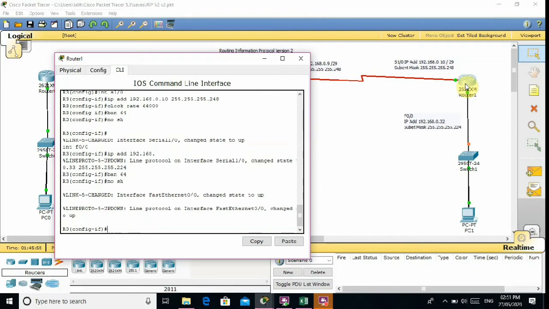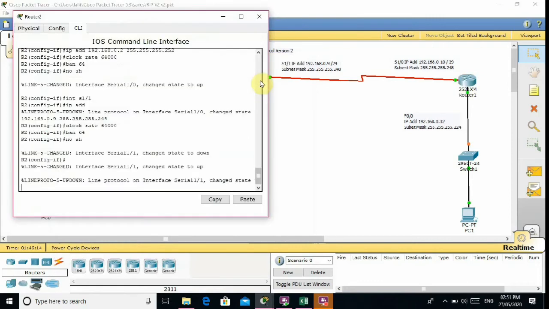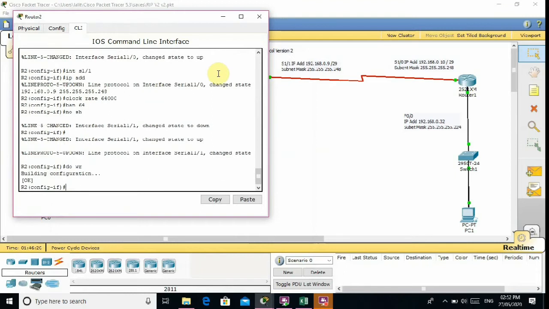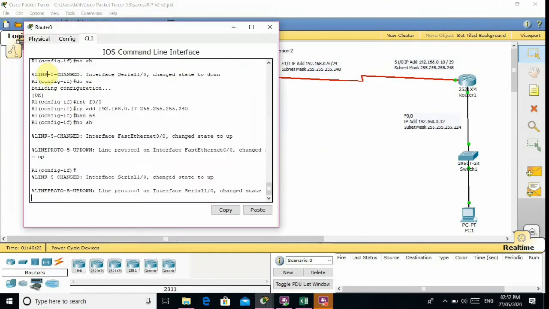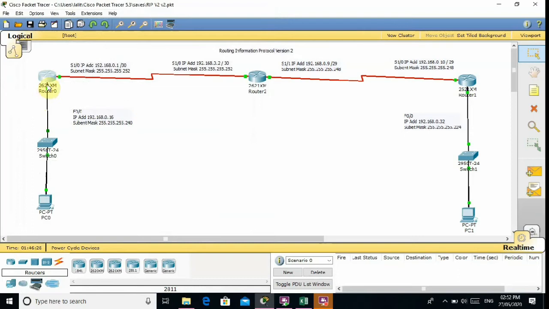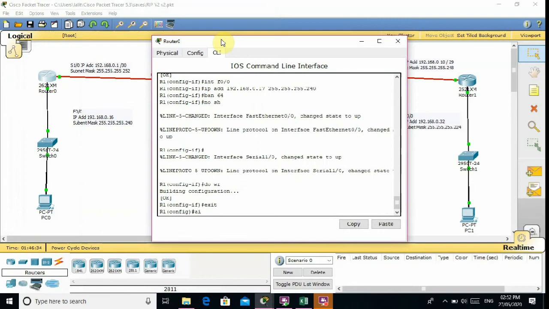Now I have given the IP addresses of these three routers, on the interfaces which are connected. So now we will configure actual Routing Information Protocol version 2. First I will go to router first. I forgot to use the do wr command, so I use it on these three routers for saving all the configuration.